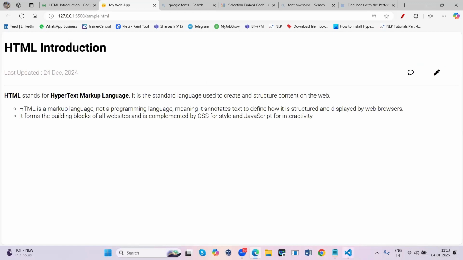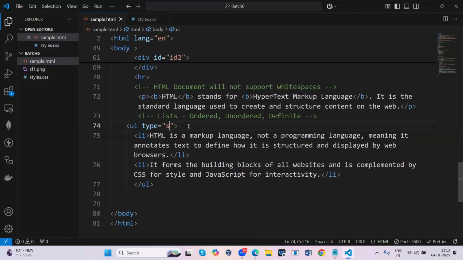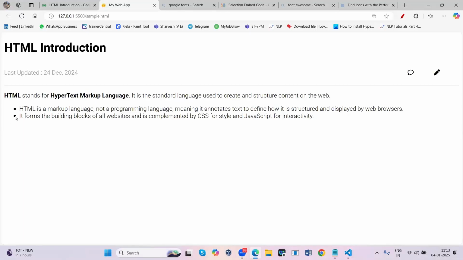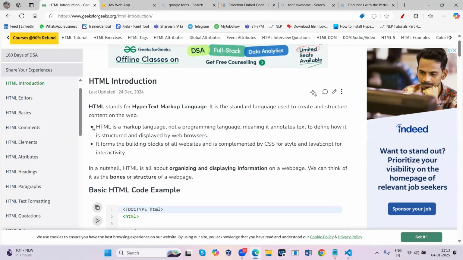You can also use a square shape. So it is like a square. You can change the shapes to whatever you like. So squares, like this. So that is how to generate these kinds of bullets, which we have seen now.